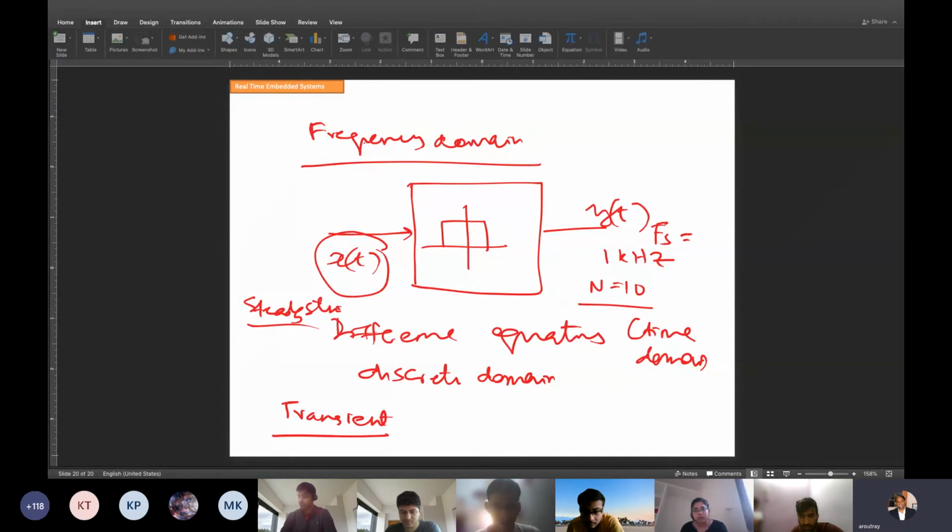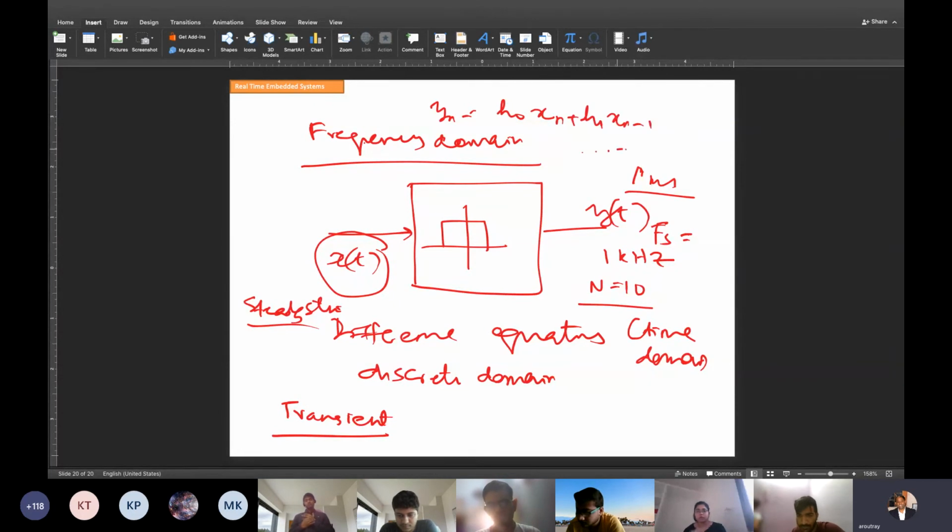But the question is, if I have a digital filter which is sampling at 1 millisecond, and it is a 10th order filter, that means y[n] is h0 x[n] plus h1 x[n minus 1] up to h10 x[n minus 10]. Suppose there is a transient in the input x[n], there is a spike. So how much time will it last in the output? A spike is a transient, a spike noise. It is just lasting for one time unit in the input. How many time units will it last in the output?